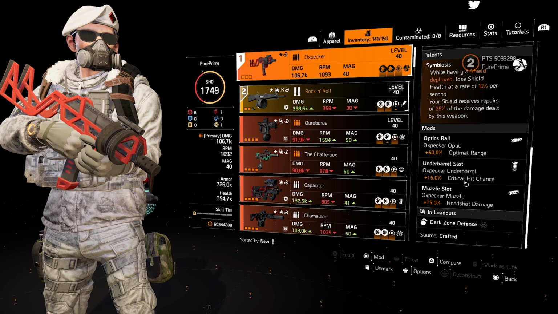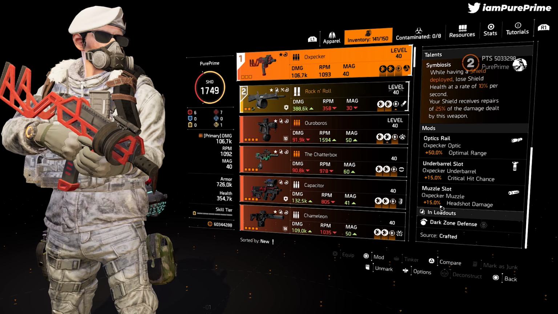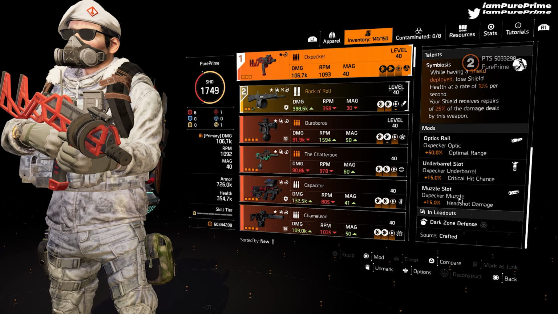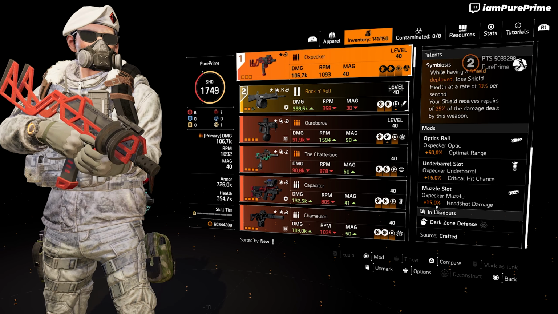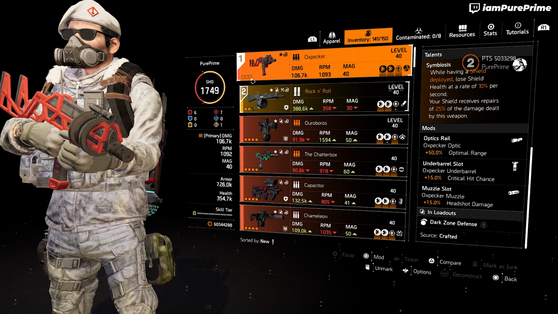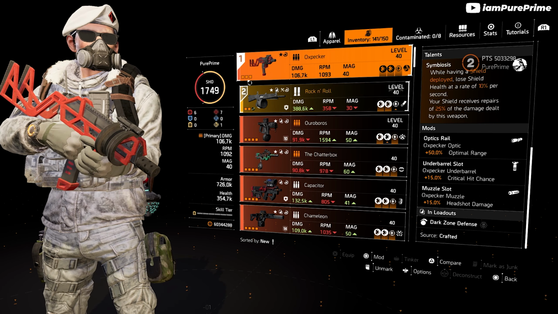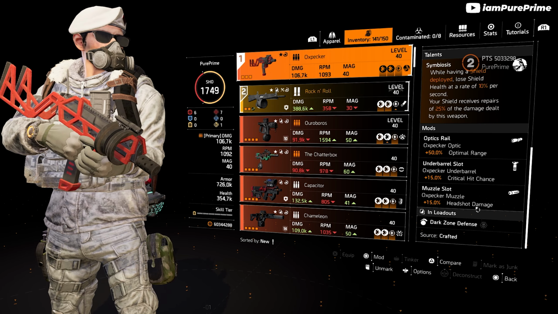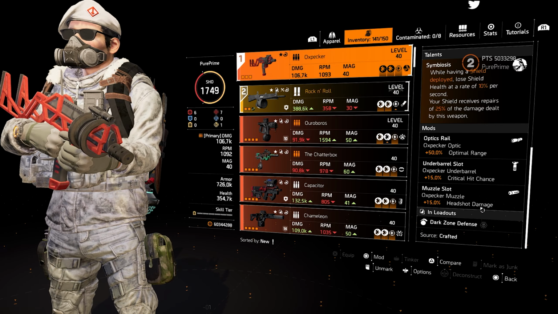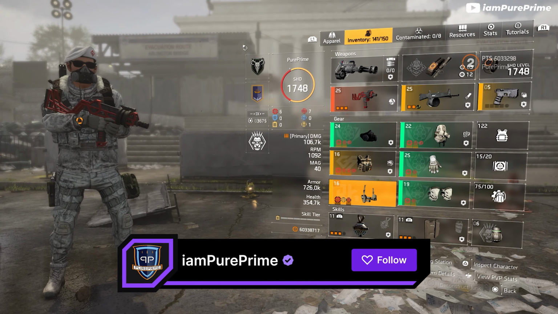Underbarrel will give us 15% crit chance, and the muzzle will give us 15% headshot damage, although I would love to have seen this being critical hit damage, especially because we also only have 3 attachments for this weapon, only 3 mod slots, so I would love to have seen this being critical hit damage instead of headshot damage. It is still a little bit doubtful because